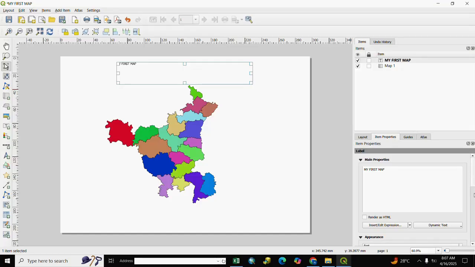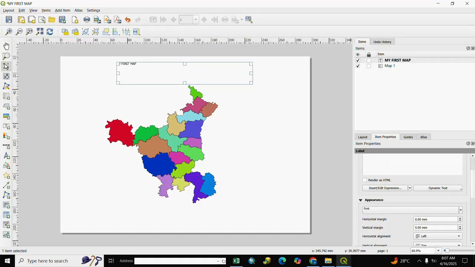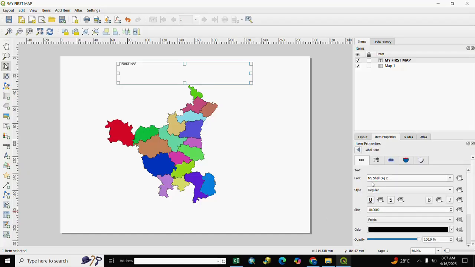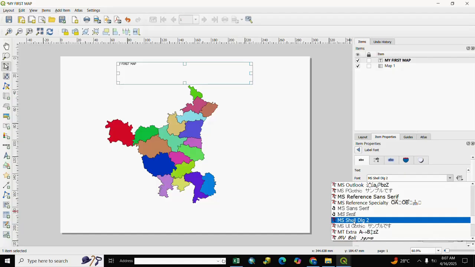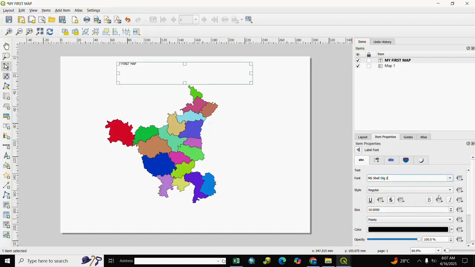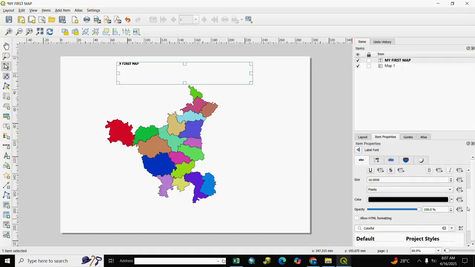After it, we go downside and we click here font. Here is font property. We select here font as per your requirement. We select style, bold, and other property. Here is our size. We write here 60,